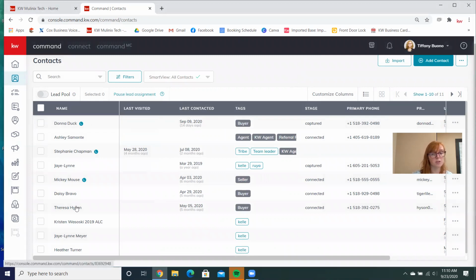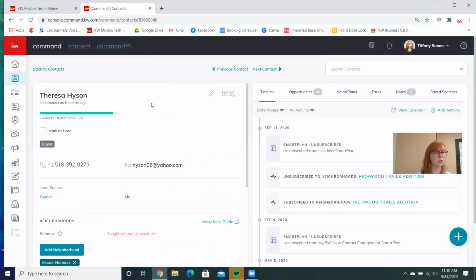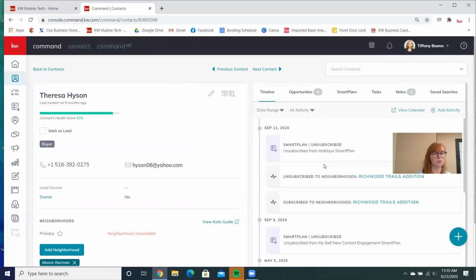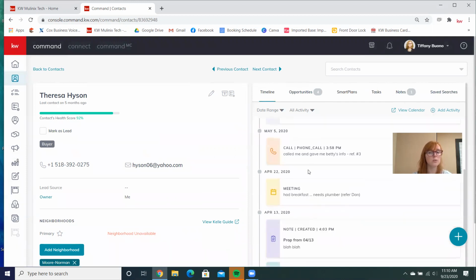So I'm gonna go to my mother's because this is what a contact card looks like once it's filled out. You'll have a timeline here that will tell you all of the things that have transpired with this person. If you've added them to a smart plan, if you've made a note, if you've called them, if you've texted them, as long as you've logged the activity. And then you can also access their opportunities, tasks, notes, everything that you need to do with this person is here, okay? So you can see that I made a phone call to my mother and she told me that